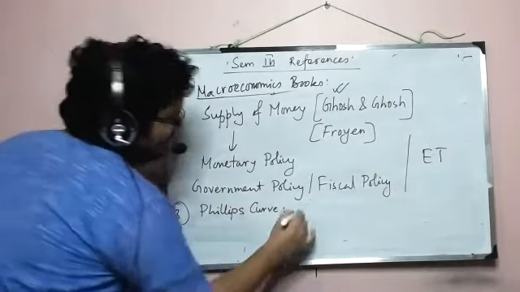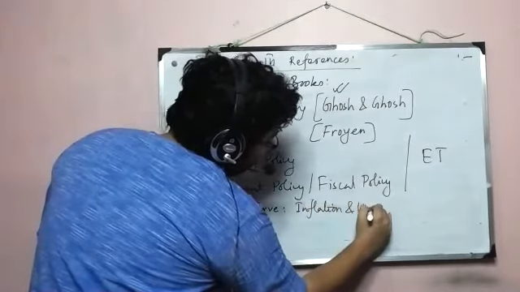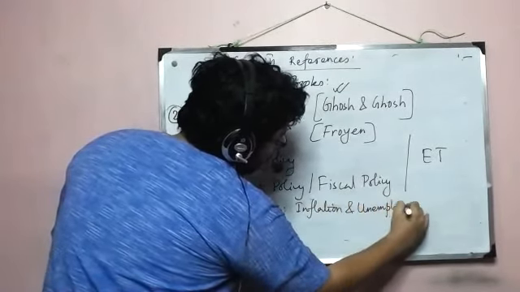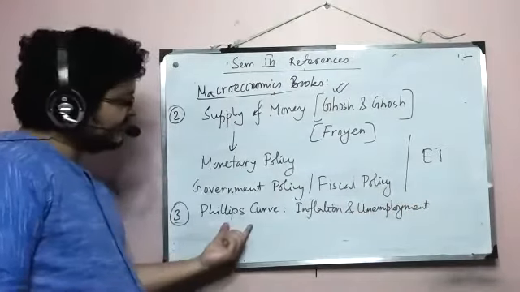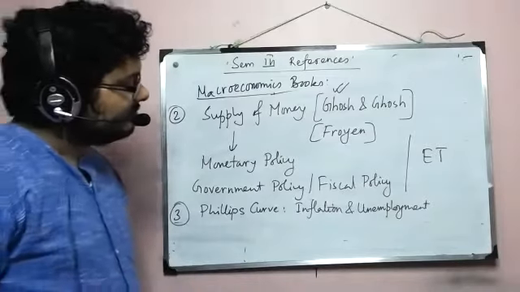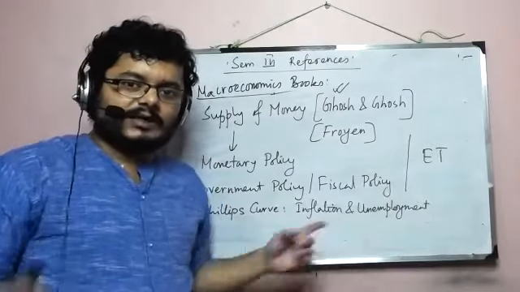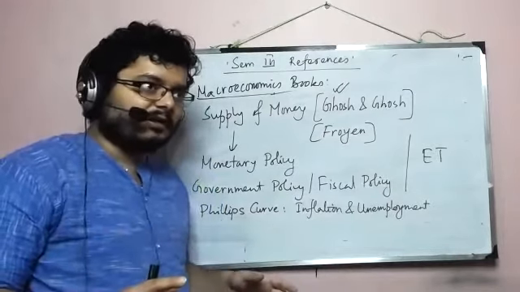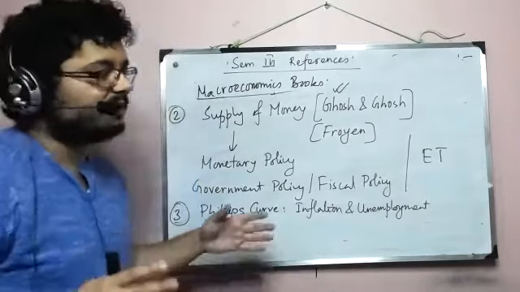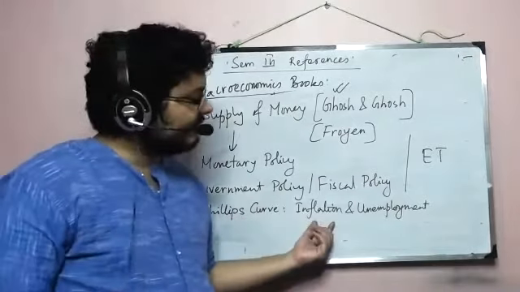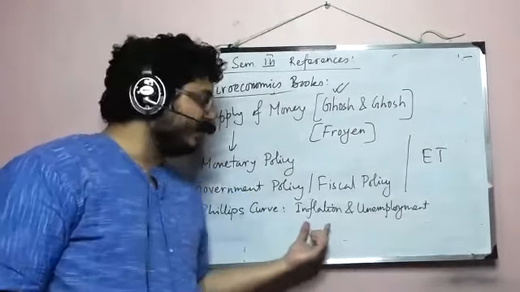But what we have is this inflation and unemployment problem. It's a problem because, as Phillips curve goes, we say that though inflation and unemployment are two major concerns of an economy, both of them cannot be reduced simultaneously. So it works in a very difficult way. If you want to reduce inflation, you will have a higher unemployment. And if you want to lower unemployment, you will have a higher inflation.